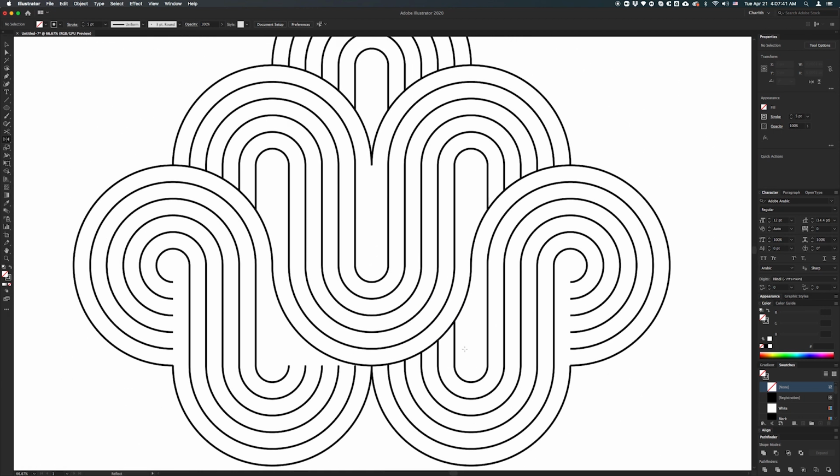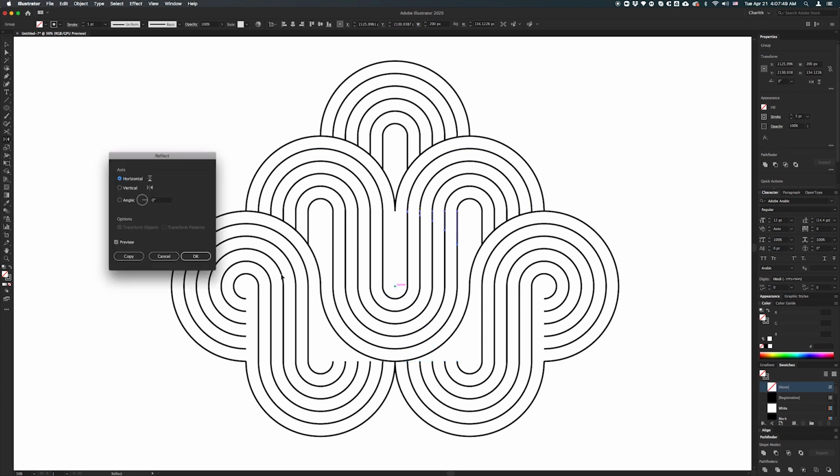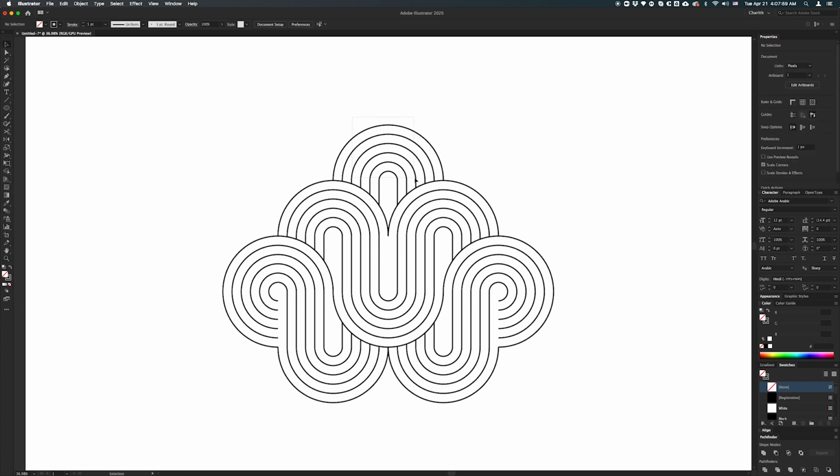So now we can replicate this to the other side. I go to the reflect tool and pick the center or click, so I can get a perfect copy to the other side. Now we almost complete the section. So we need one for the bottom now. So I select this one